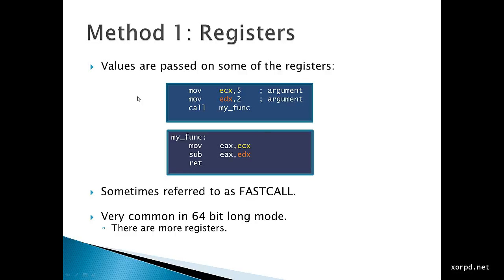It does sometimes happen that even in the 32-bit protected mode, we use this idea of fast call, of passing the arguments on the registers. But this usually only happens with functions that do not call any other functions. Because if we had to call more functions this way, we will soon run out of registers. In the 64-bit long mode, there are many registers, so this kind of call is pretty common.